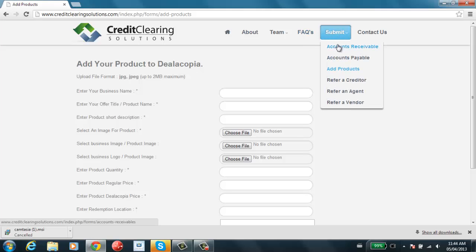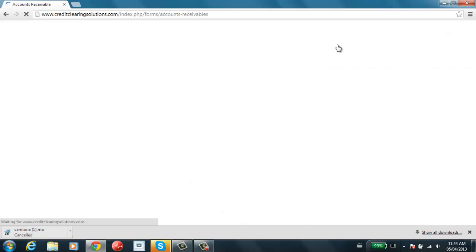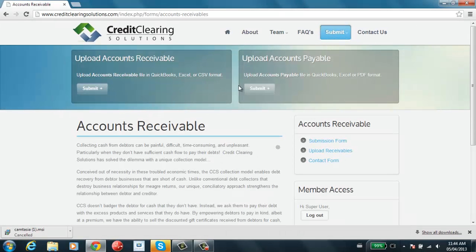If you were registered as a creditor, you might see the Accounts Receivable section. If you use it to upload accounts receivable from QuickBooks, Excel or CSV, or alternatively the payable, you could choose virtually unlimited number of debtors or creditors to send a settlement offer to. The submission form is a single shot offer. So if you would like to test it out and send one of your debtors a settlement offer, you would